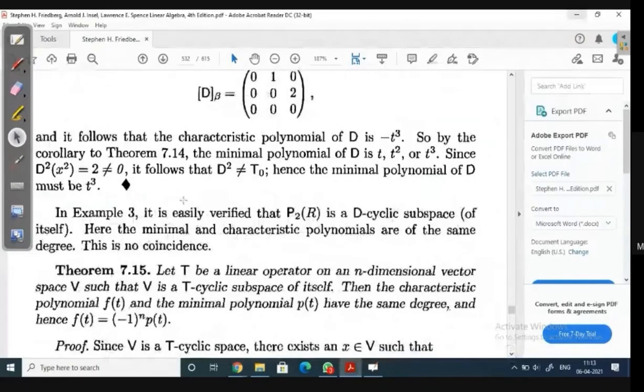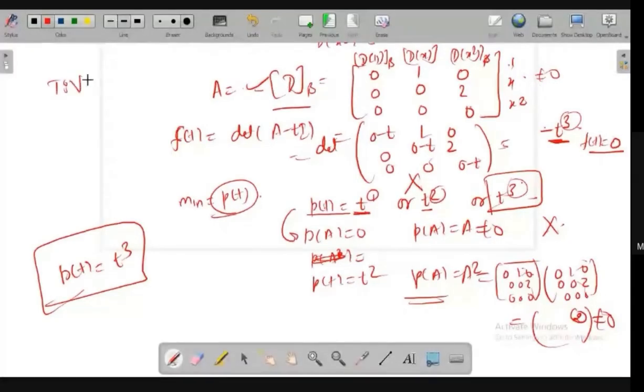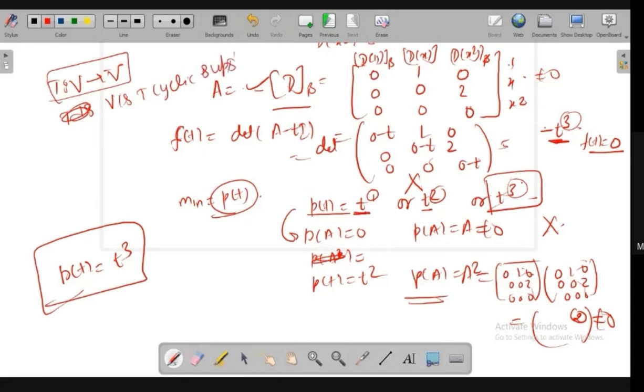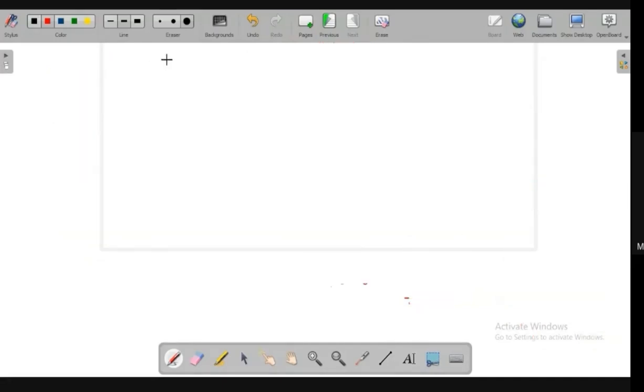In example number 3, we have seen that it can be easily verified that P2(R) is a D-cyclic subspace of itself. T is a linear operator from vector space V to V itself, and V is a T-cyclic subspace of itself. Then the characteristic polynomial f(t) and the minimal polynomial p(t) have the same degree. They have the same degree of the T-invariant subspace, where we have defined